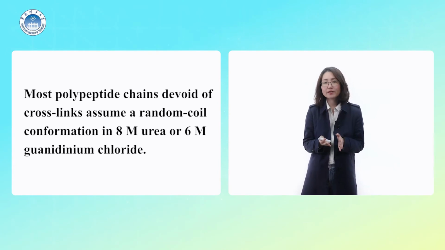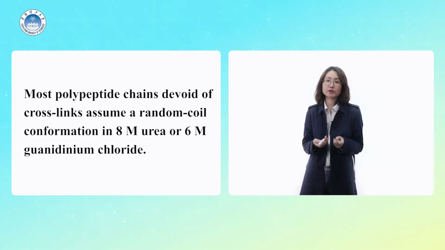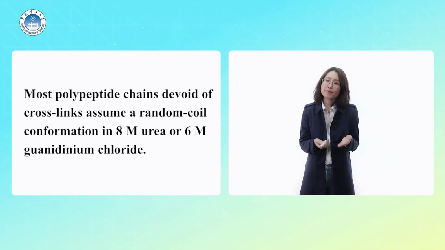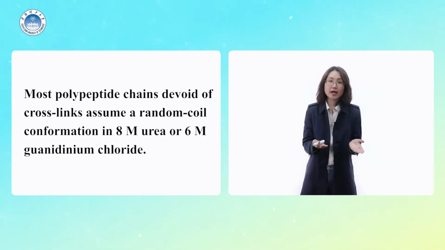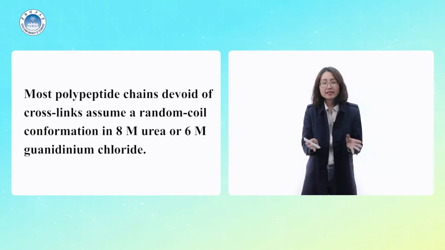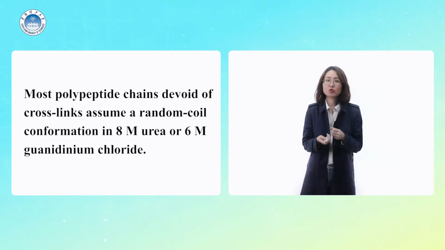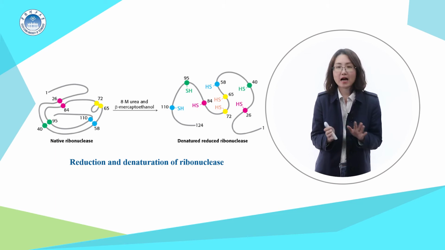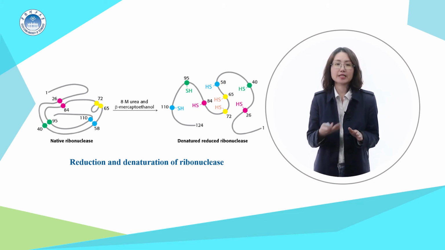Most polypeptide chains devoid of cross-links assume a random coil conformation in 8 molar urea or 6 molar guanidinium chloride. When ribonuclease was treated with beta-mercaptoethanol in 8 molar urea, the product was a fully reduced, randomly coiled polypeptide chain devoid of enzymatic activity. So when a protein is converted into a randomly coiled peptide without its normal activity, it is said to be